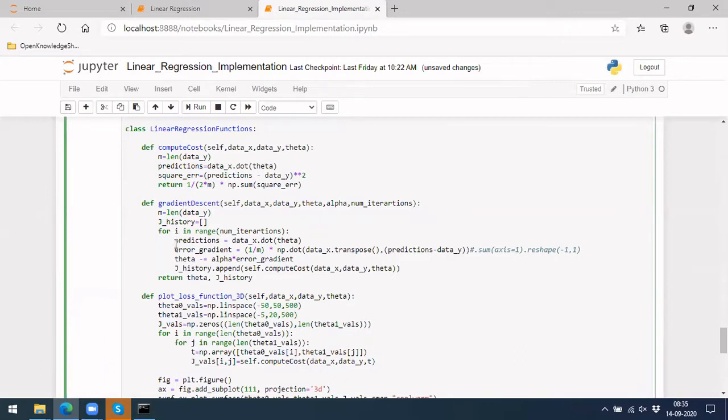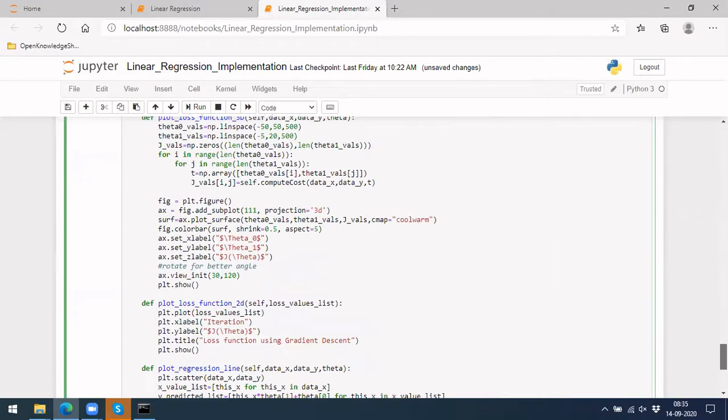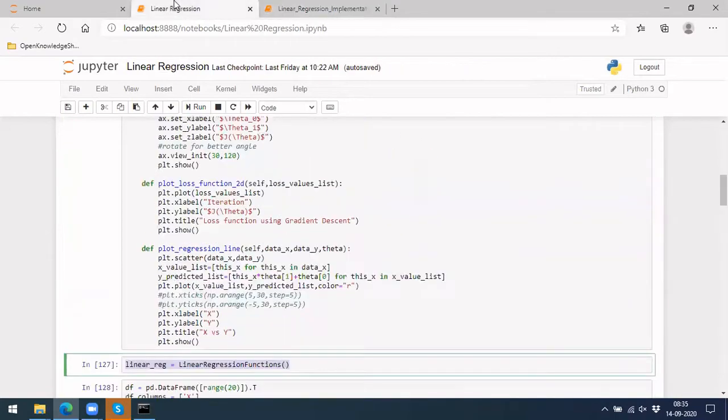I kept this for loop inside the gradient descent itself. So that's okay, everything is the same. Each function we are calling using self dot. You can see self dot, and then I call this function inside. So something like this, and if you plot the 3D plot, it will come out something like this.